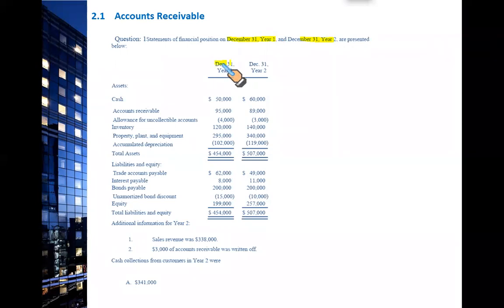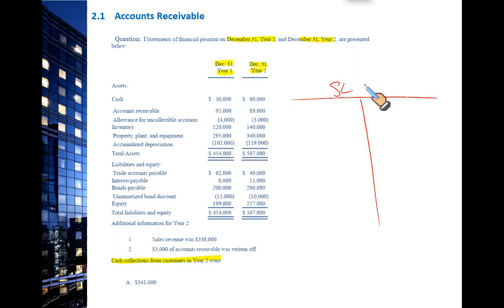So we have the opening balance sheet and the closing balance sheet. Whenever you are given a bigger question, it is always recommended to look at the requirement. We need to find out the cash collected from customers. Cash collected from customers has nothing to do with allowance. So we should immediately come up with the idea that we need to draw our sales ledger control account. This account will help us find the unknown. That's what we need to do.